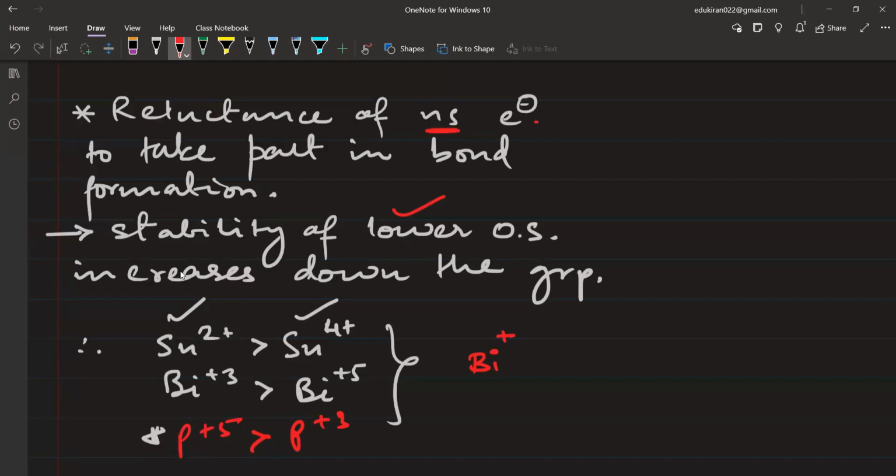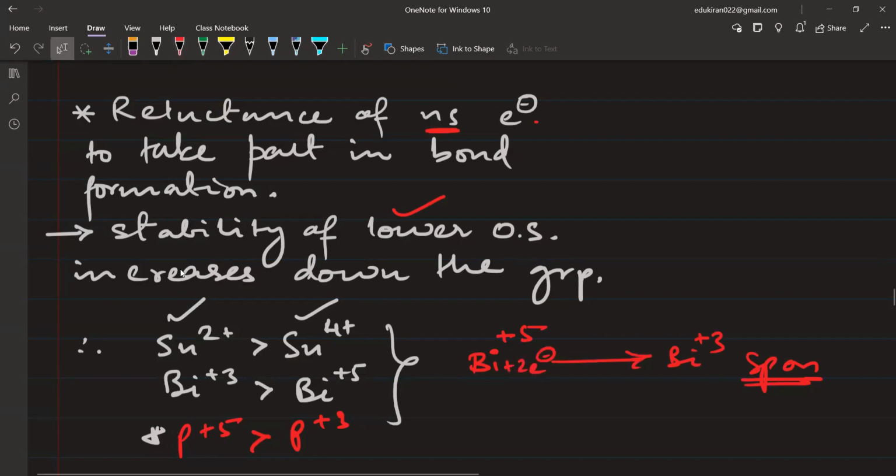going from bismuth +5 to bismuth +3 will be spontaneous. It will be very easy. Why? Because bismuth +3 is stable. Okay, how will it go from +5 to +3? It can go from +5 to +3 only by gaining 2 electrons. So bismuth is what? Bismuth is getting reduced